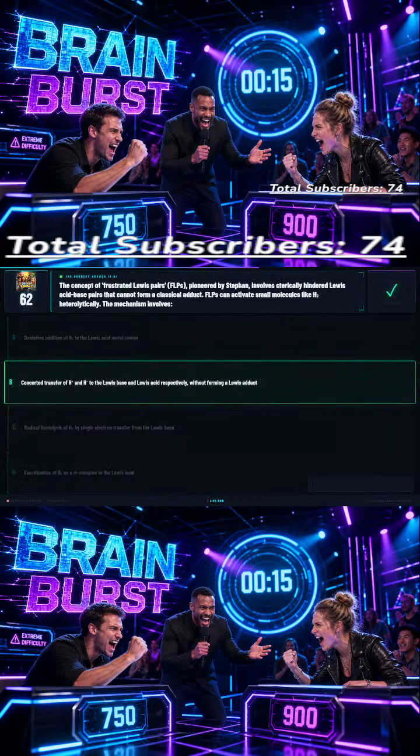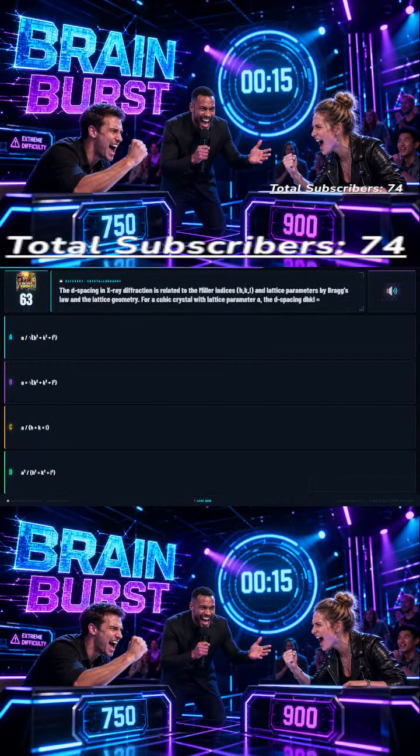Time's up. The correct answer is B, concerted transfer of H+ and H- to the Lewis base and Lewis acid respectively, without forming a Lewis adduct. Question 63. The d-spacing in X-ray diffraction is related to the Miller indices, hkl, and lattice parameters by Bragg's law and the lattice geometry. For a cubic crystal with lattice parameter a, the d-spacing d_hkl equals: Option A, a divided by the square root of